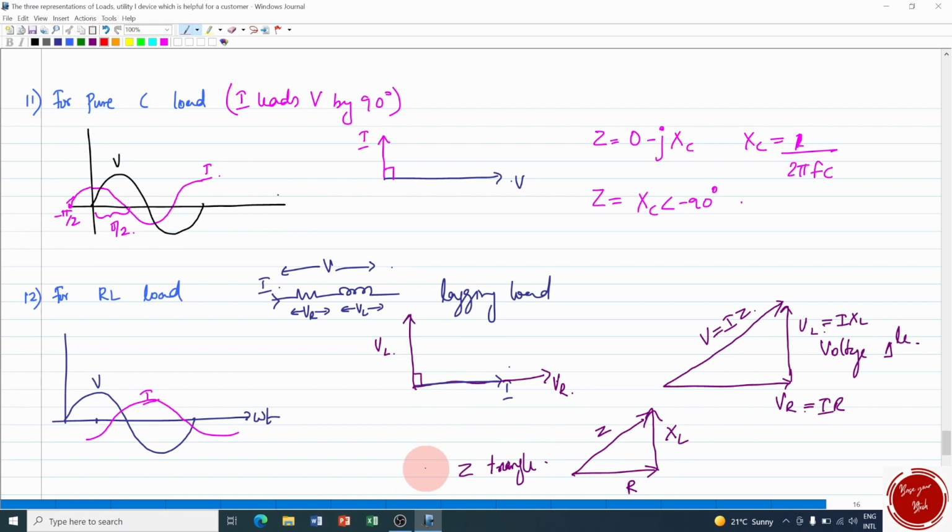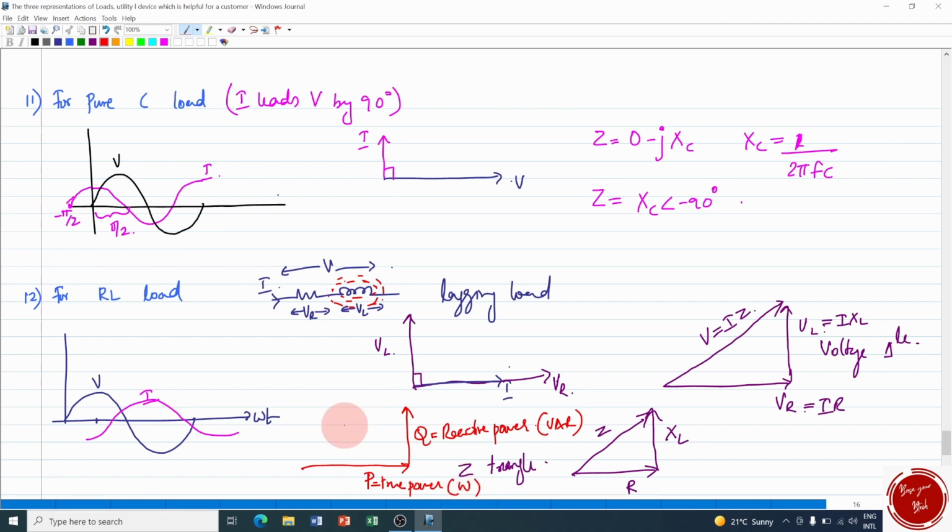Also you can get a power triangle from this. Power consumed is always across the resistor. See, the resistor only gives the power output to the consumer. So that is the true power, which exists across the resistor, indicated as P. And the reactive power is across the reactive component, which is the inductor here. So reactive power is Q, and the duty of the inductive reactive power is just to store the magnetic field around the inductor. It does not deliver any work to the user. So it is the reactive power. The unit is VAR,